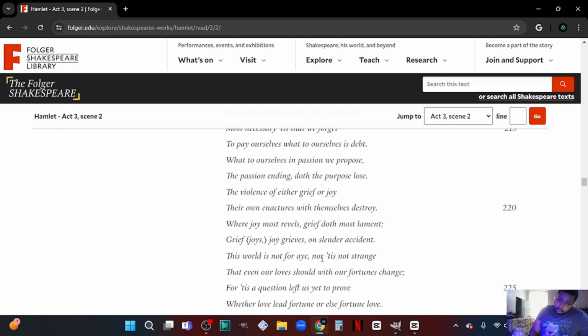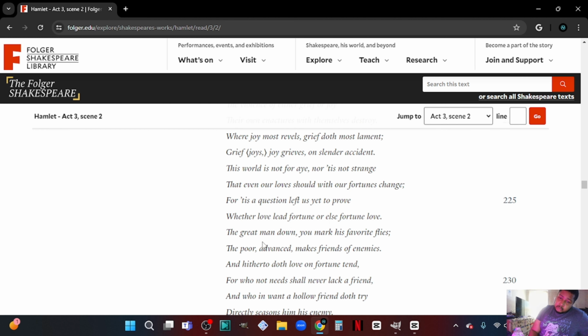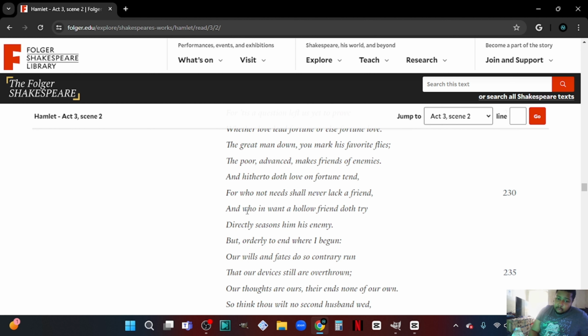This world is not for aye, nor 'tis not strange that even our love should with our fortunes change. For 'tis a question left us yet to prove, whether love lead fortune or else fortune love. The great man down, you mark his favorite flies. The poor advanced makes friends of enemies. And hitherto doth love on fortune tend, for who not needs shall never lack a friend, and who in want a hollow friend doth try, directly seasons him his enemy. But, orderly to end where I begun, our wills and fates do so contrary run